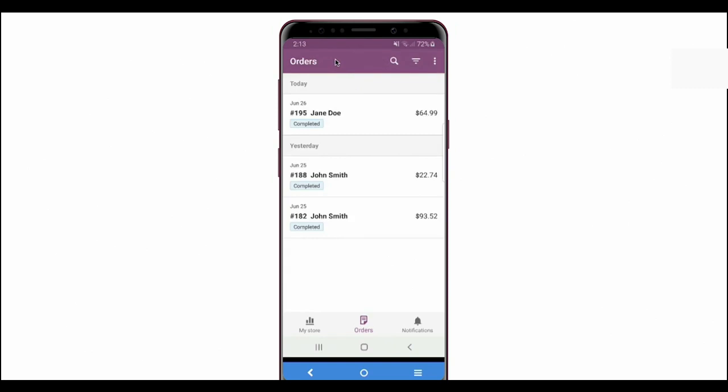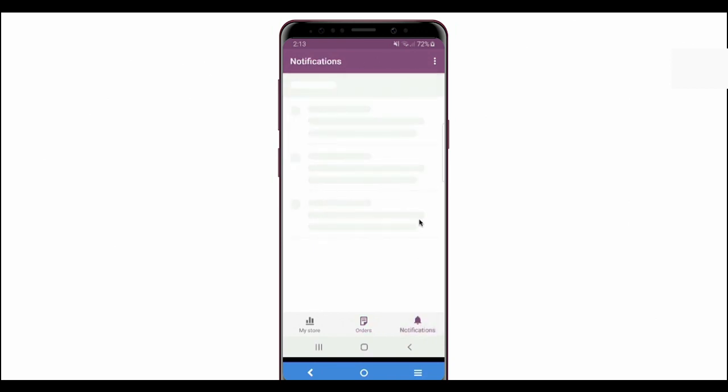This app is pretty bare bones, but that's really all you need to manage your orders. I do expect to see this app get more and more robust over time, but even as it is, I recommend it to all of my